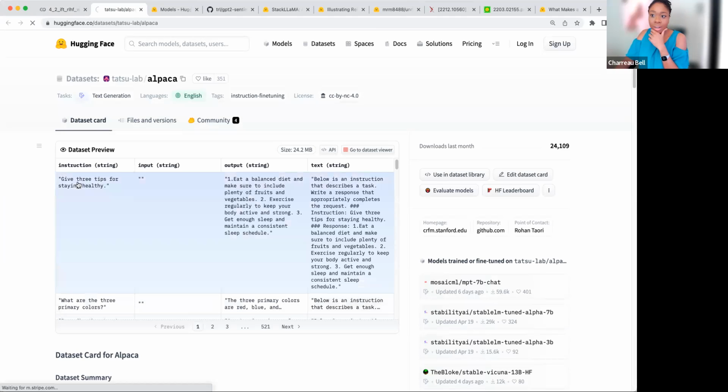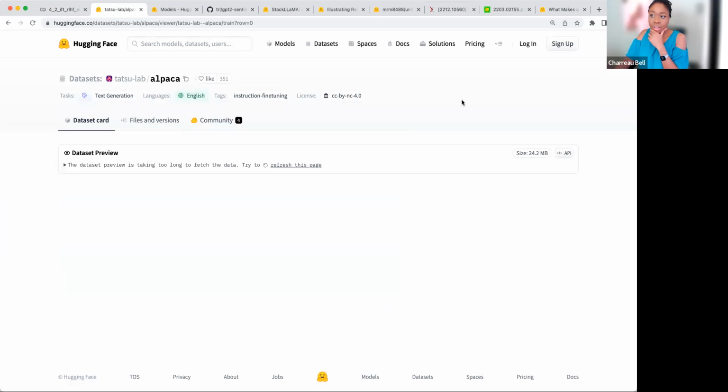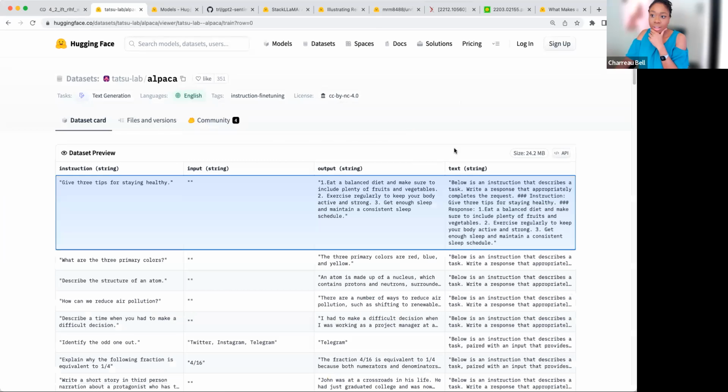So here, if we were to look at this, we have the instruction. And now the input that we would give to the model really doesn't have anything to choose from. It just has to directly generate. So this is the instruction that we would give it.